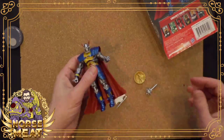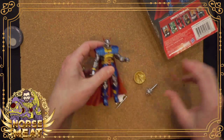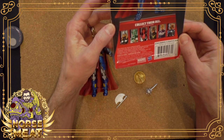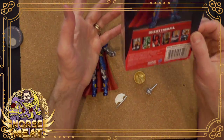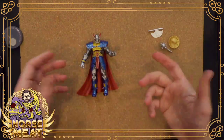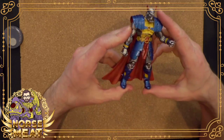I'm not impressed. Let's just put it that way. It'll look fine once I put it all together and set it up on the shelf. That's a good question. How old is this? Not very. It's 2013. Okay, well, I guess it's a little bit older than I thought, but still, it's a fully modern action figure made by Hasbro. It shouldn't have all of these problems. Maybe one problem, but